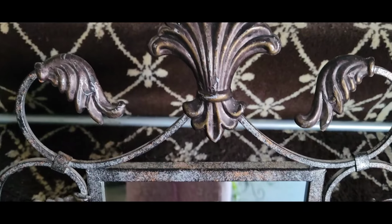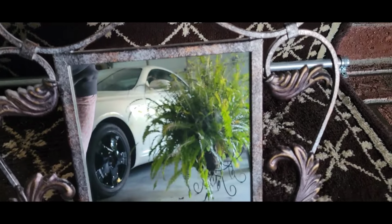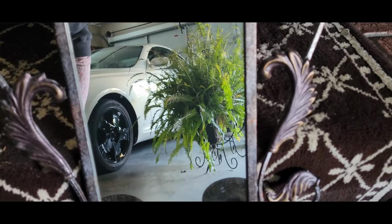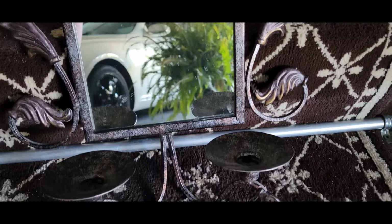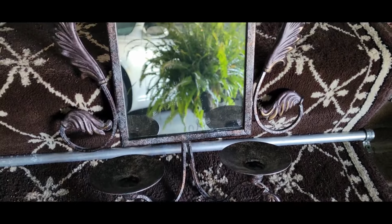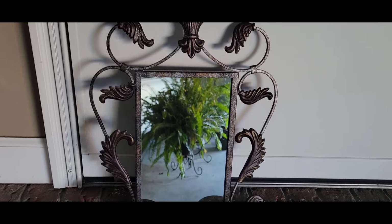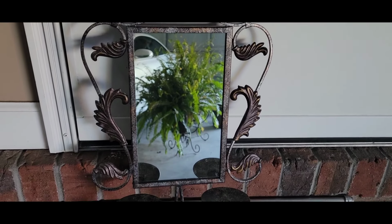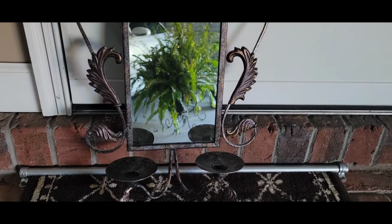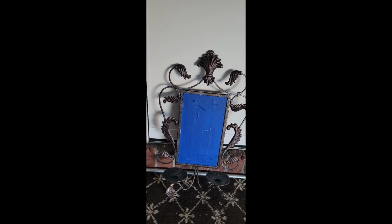Alright, you guys. So guys, my thrift find is a pair of metal wall sconces, and they have that old antique look about them, and I just don't like that color. It's not what I need. So I'm going to repaint them with a refresh using metallic brass paint by Rust-Oleum, and it has that bright and shiny finish. I'm using painter's tape, and the paint, both of those I have on hand. So my wall sconces were $10 from a consignment shop, and this is what I will be sharing with you